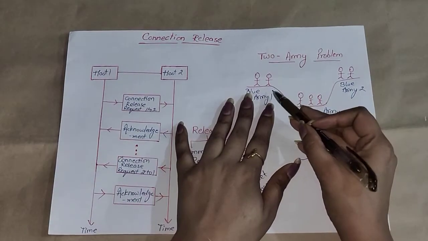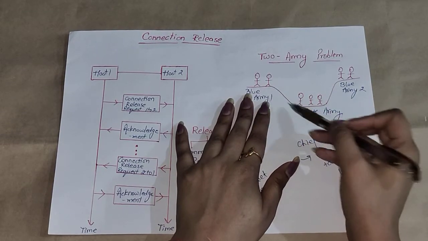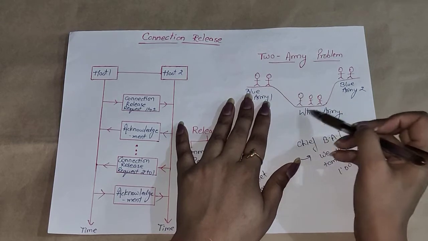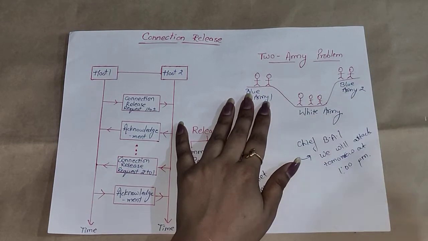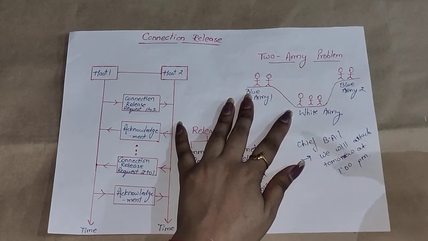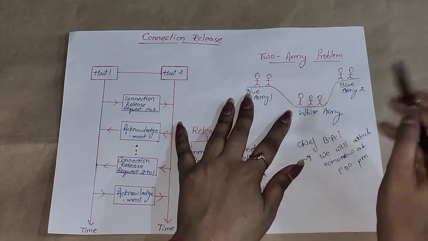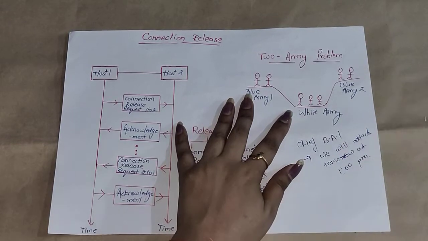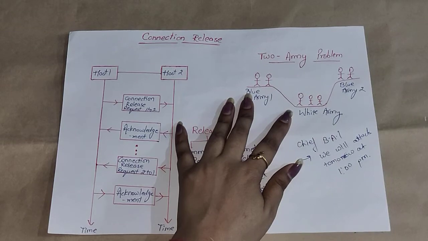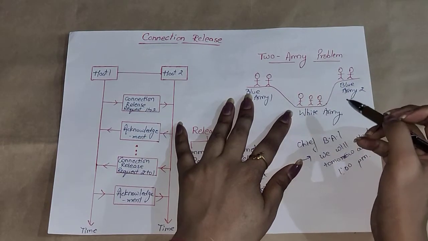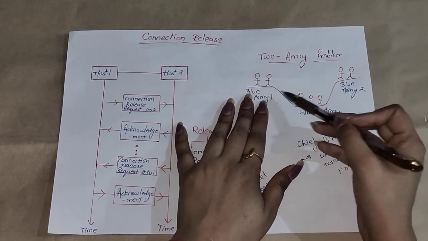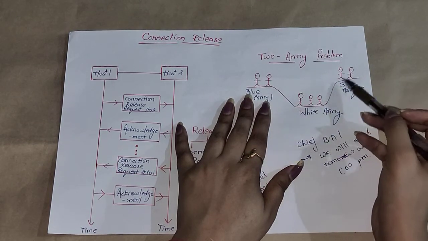बट क्या होगा, it might be possible कि जब मैसेंजर from blue army 1 is going to blue army 2, वो जाएगा तो वैली से होकर ही, it might be possible कि वाइट आर्मी उसको कैप्चर कर ले और उसको किल कर दे। तो उस केस में मैसेज उन तक पहुंचेगा ही नहीं। तो ये क्या हुआ, this is just like a connection request message, उसने कनेक्शन को स्टैब्लिश करने के लिए एक मैसेज भेजा तो था, बट वो लॉस हो गया।